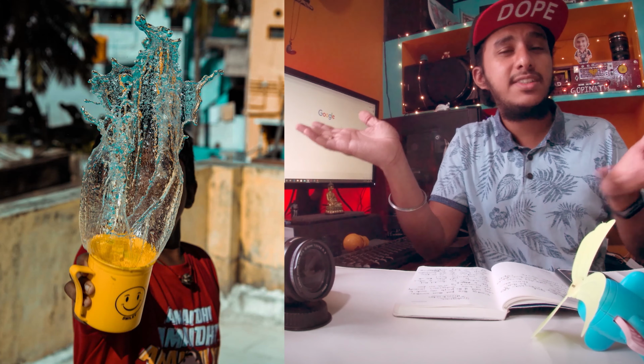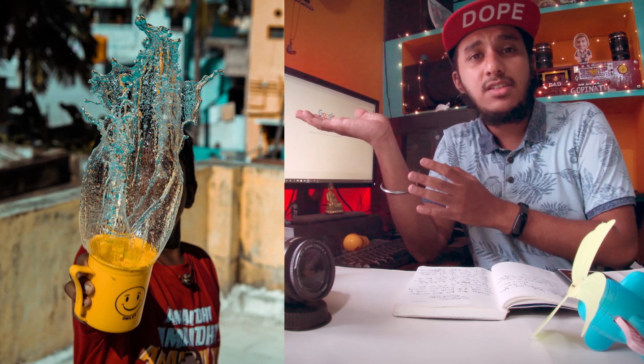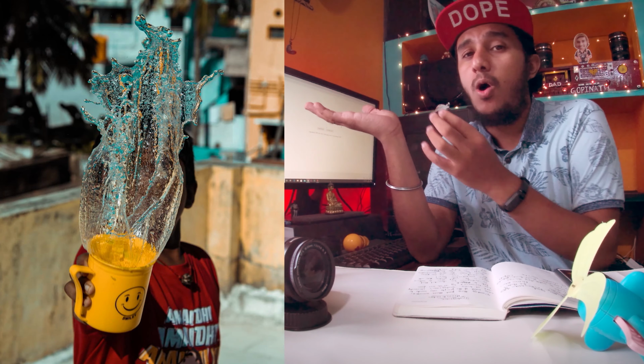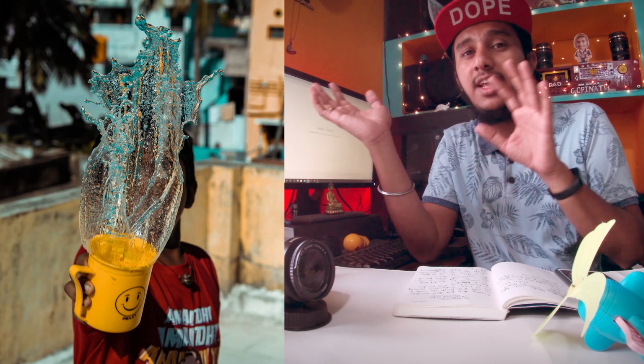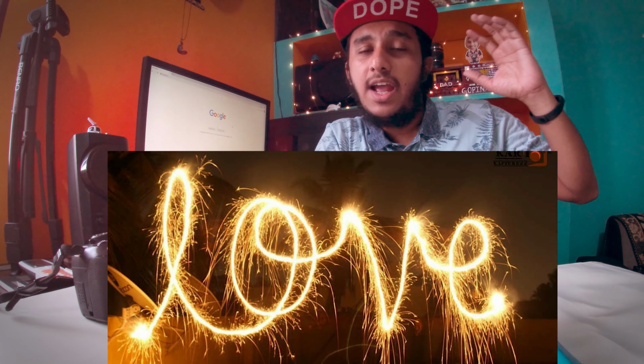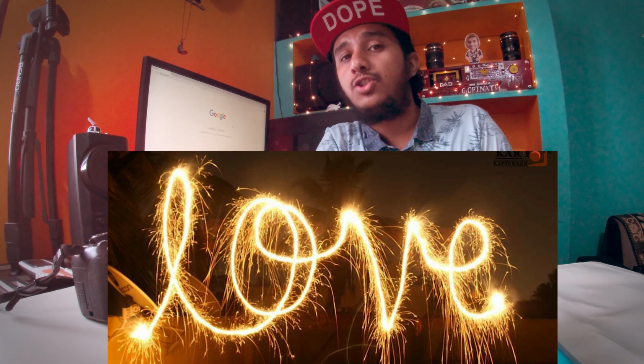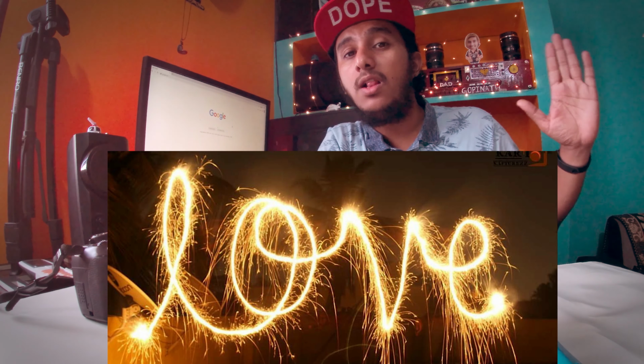If you see these two images, this image which is shot at 1/1600 of a second is of higher shutter speed and it's very sharp, such that all the small droplets in this image are clearly visible. While if you see this image of a light painting, where the entire movement of a light is captured, this is shot at a very slow shutter speed such that all the movement of light in the frame is captured. You can also try the same to capture flowing water, like a river or waterfalls, whatever it is. You will have a silky effect on the waterfall so that it looks really good. So that's how shutter speed should be used for your images.